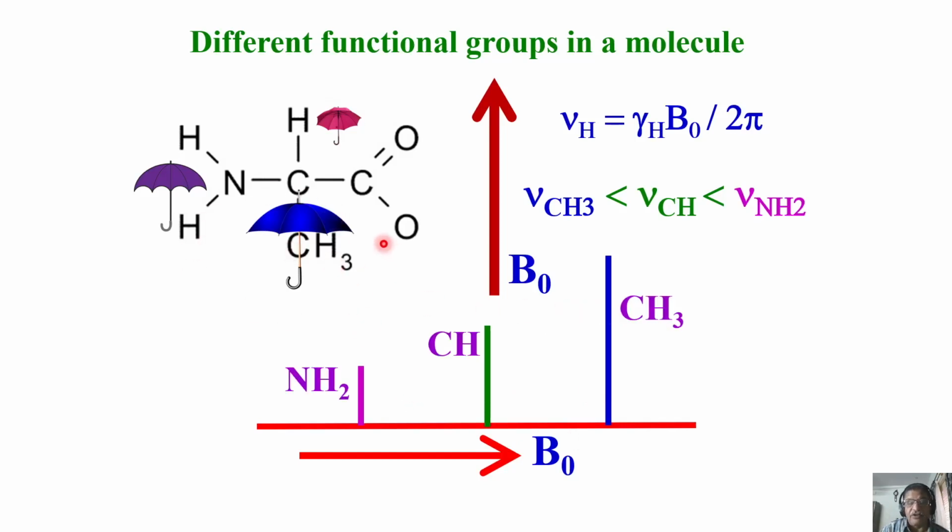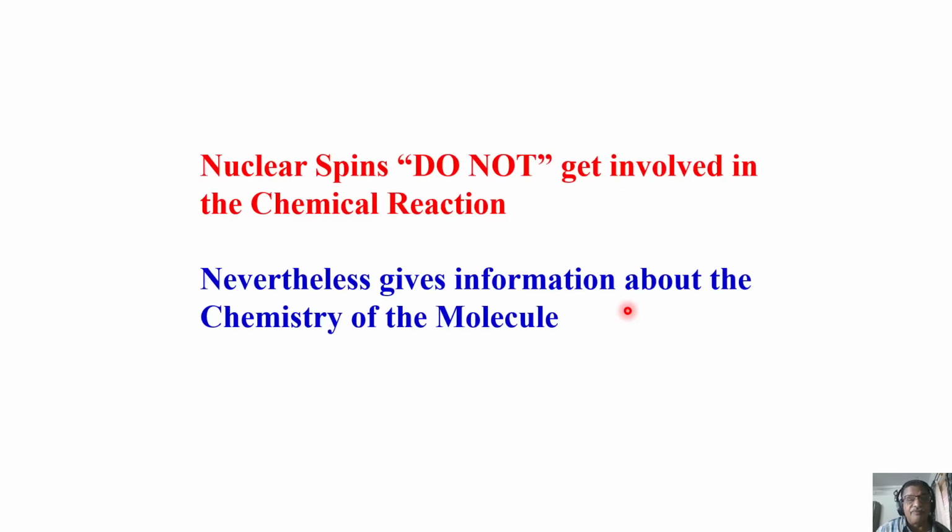Also remember that the intensity of the peak tells me the number of protons present. This is 3 times intensity for this. It should have been CH and this should have been NH2 because this is 2 times intensity. I have made a mistake. Don't worry. This should be CH2. This is NH. This is CH. This is NH2 and this is CH3 in my drawing. Or, if it comes downfield, I have to make this double the intensity. It doesn't matter. And this is how the spectrum looks.